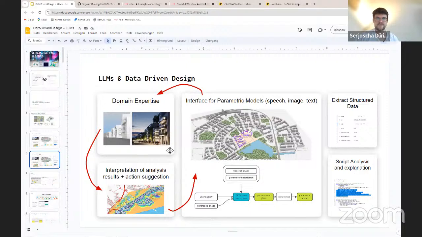And imagine chaining these things together in an agentic workflow, right? You could say we have a design option. Our domain expert models assess it from different points of view. On top, we also have a simulation running, and the model is analyzing and interpreting the results, and suggests actions that can be translated into a new set of parameters. Yeah, so in theory, this could be built up into quite complex agent systems utilizing large language models. To make that work in practice would be quite complicated, but definitely it's on the horizon, I think, how to get there.